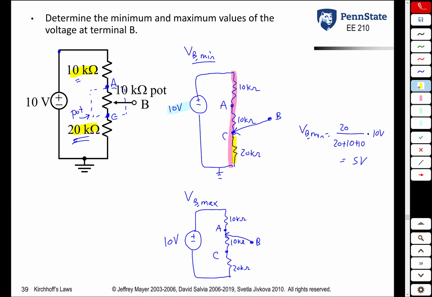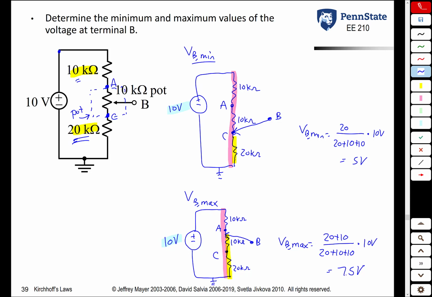So now, using voltage division, and let's draw ground. Using voltage division, the voltage at point B is this resistance from voltage division over this resistance times this voltage. So VB max is going to be 20 plus 10 over 20 plus 10 plus 10 times 10 volts. You work this math out, it's 7.5 volts. So we see that the minimum is no longer 0, the maximum is no longer 10, instead it's 5 volts